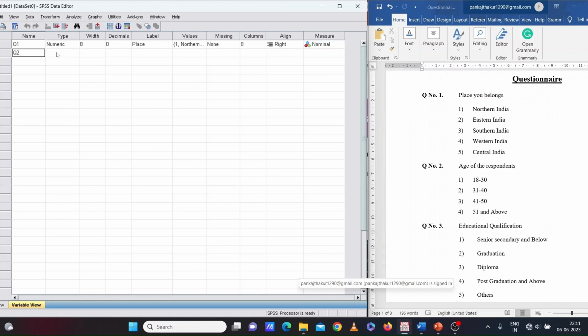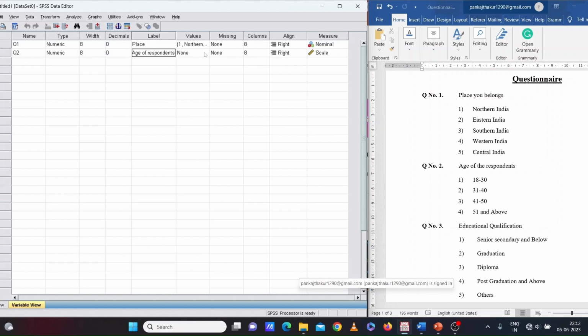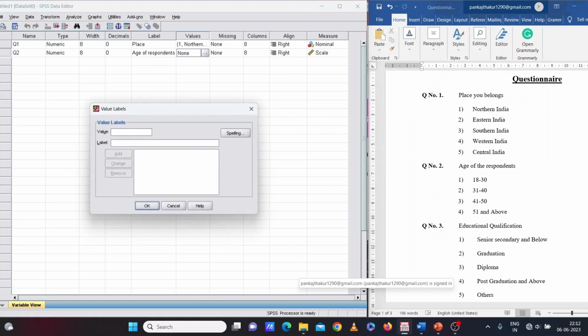Again, the type of the responses that we have for this Q2 will be numeric, and we can specify the width and the number of decimals, in a similar way as we have done for the first variable. For label, we will write here age of respondents, and values as we have done earlier: value 1 for age 18 to 30. Now click on add, and then value 2 for the age 31 to 40, and click on add,